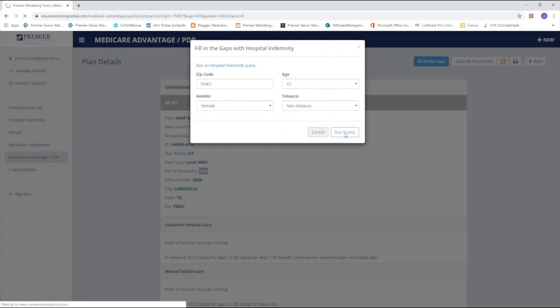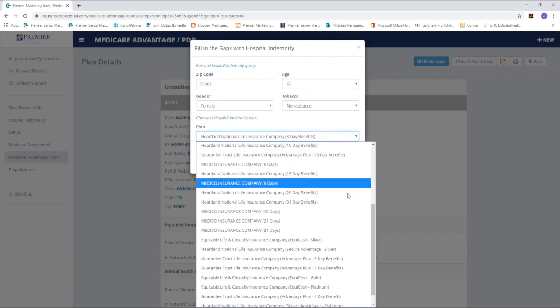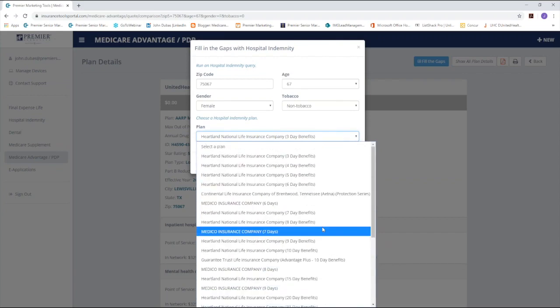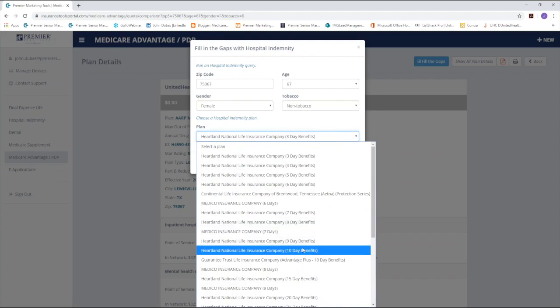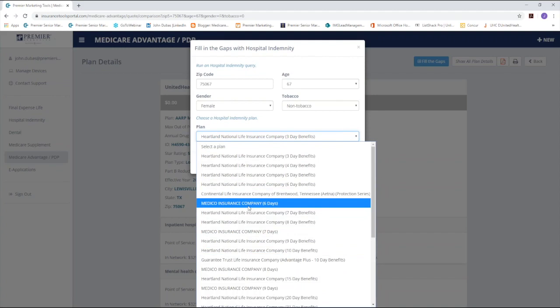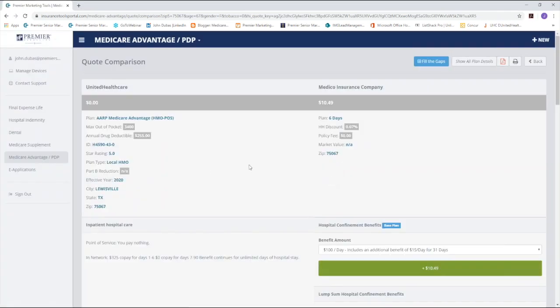This will then give us an opportunity to pull up the programs that are available through Premier Marketing for that individual in that particular market. And it'll lay them out for you, all those different carriers that are available there in the system. One of the things that we see in many circumstances is a very strong product in the hospital indemnity world with the medical program. So let's take a peek at that, pop on that program, add it to the comparison,